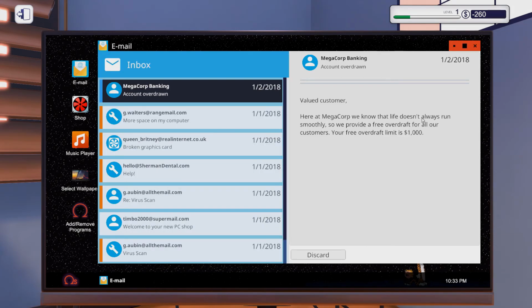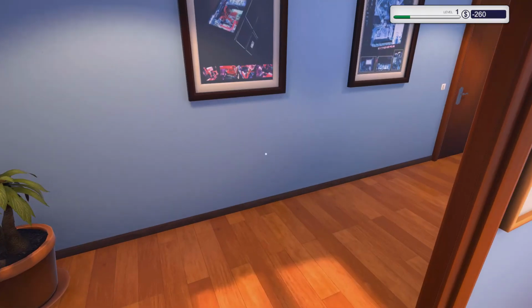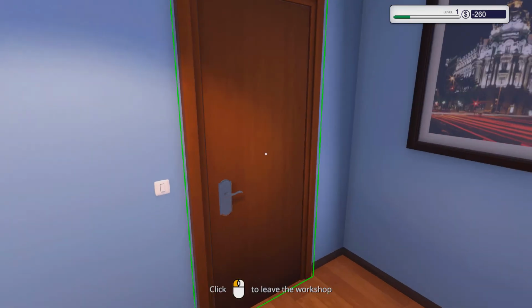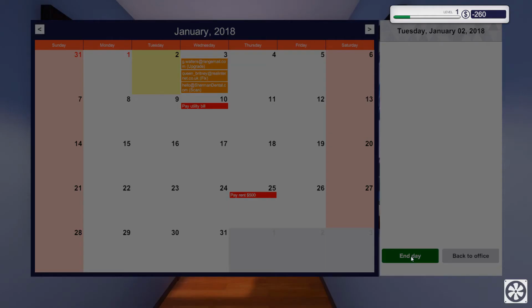So we got an email. Yeah, I know my account's overdrawn. Overdraft fee of $1,000. God, this game is a little too real some days. Okay, so we're going to go ahead and get out of here, leave for the rest of the day, and